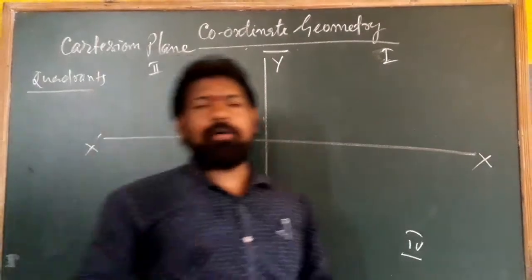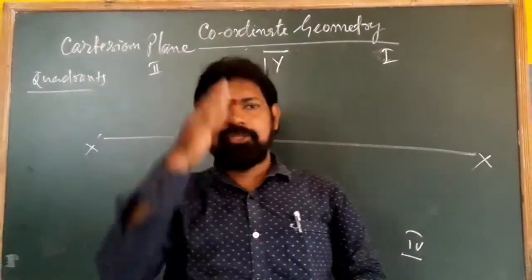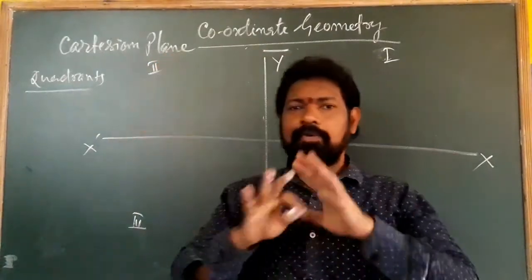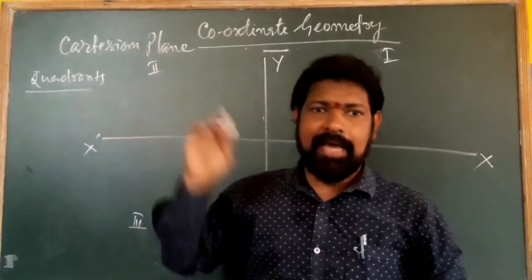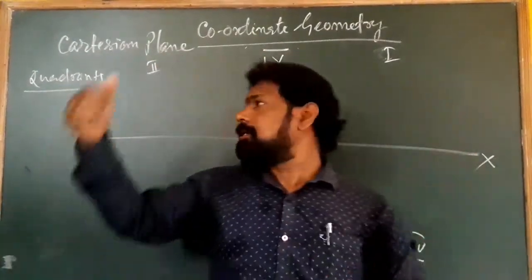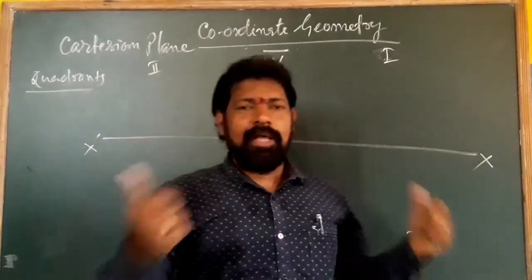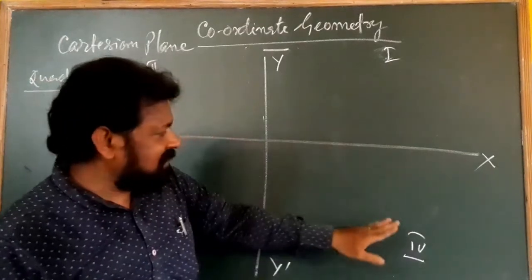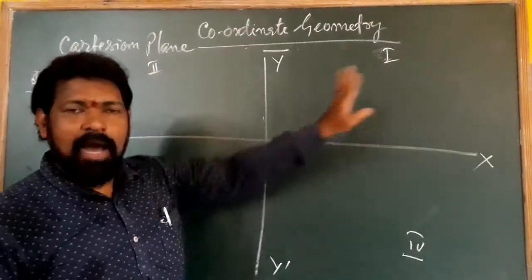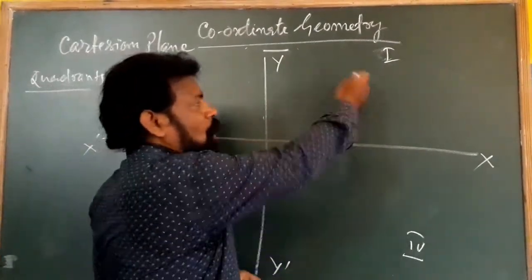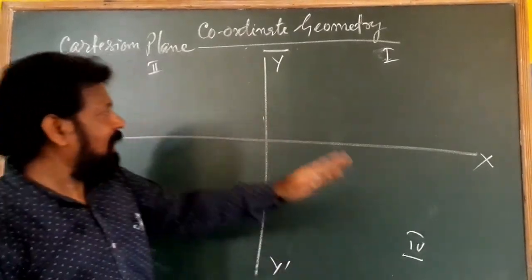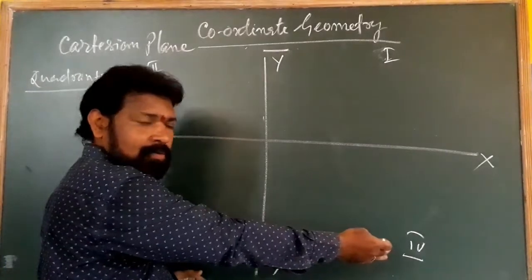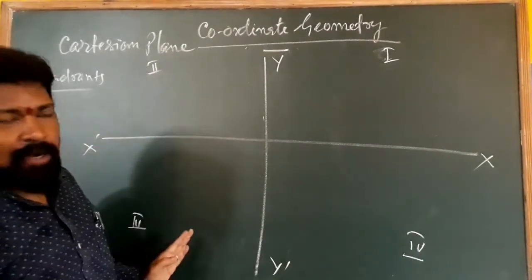So whenever you draw the vertical axis and horizontal axis, y axis and x axis, you are completely dividing the Cartesian plane into 4 parts or 4 quadrants. They are named first quadrant, second, third and fourth, and the numbering of the quadrants should not be changed. Always the top right is your first quadrant, top left is second, bottom left is third, and bottom right is your fourth quadrant.